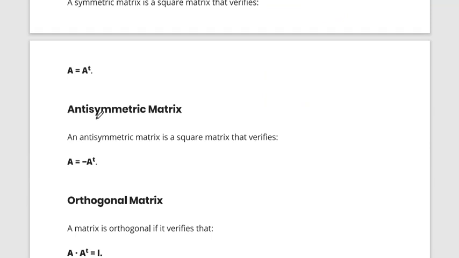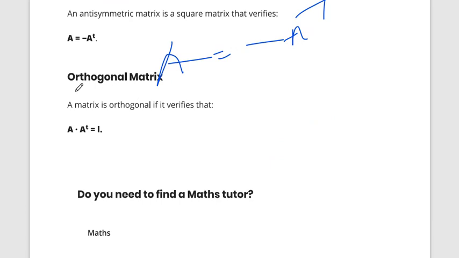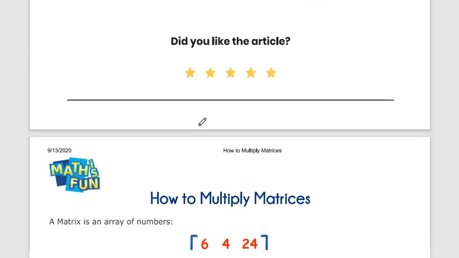Symmetric matrix we already talked about. Anti-symmetric means A is equal to minus A transpose. Okay, it is anti-symmetric. Orthogonal: if we multiply A and its transpose and get the identity matrix, then this type of matrix is called orthogonal. Okay,